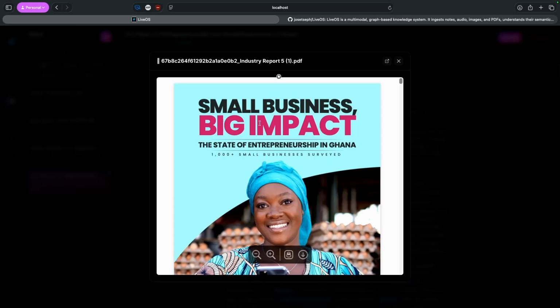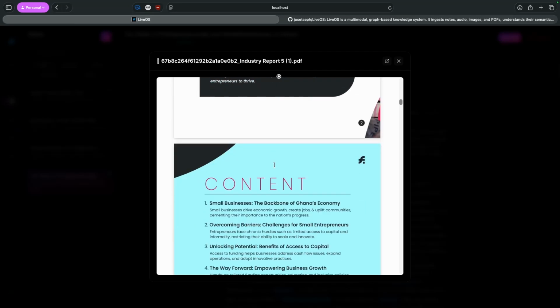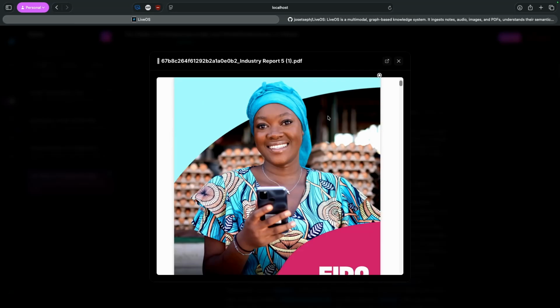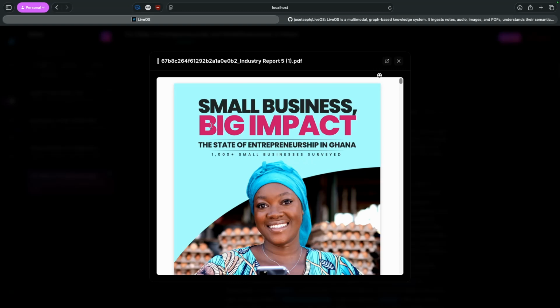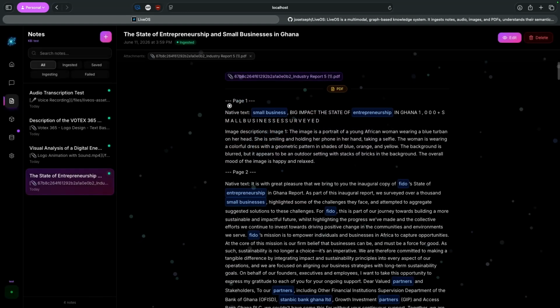And you notice there are a lot of images in here, text and image. That's usually what a PDF is, text and image. And this is a Fido document. What happens now is we extract the text and the image for each page,